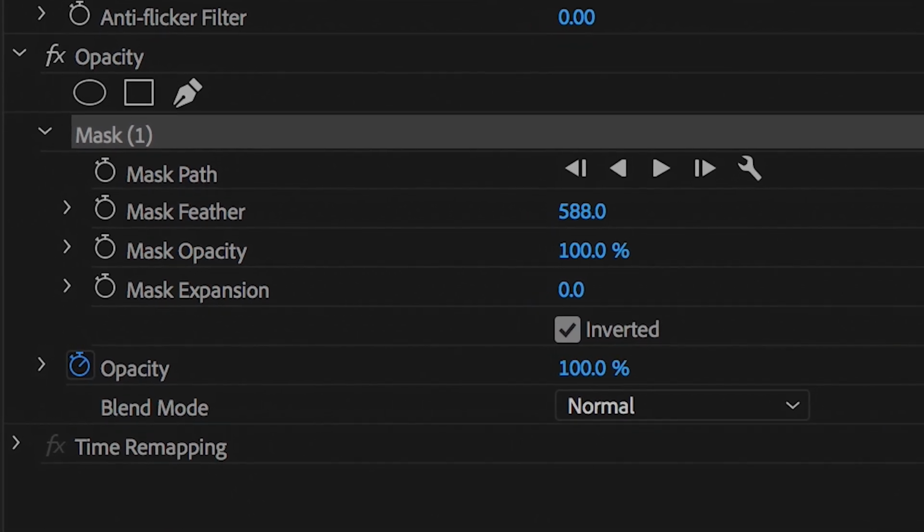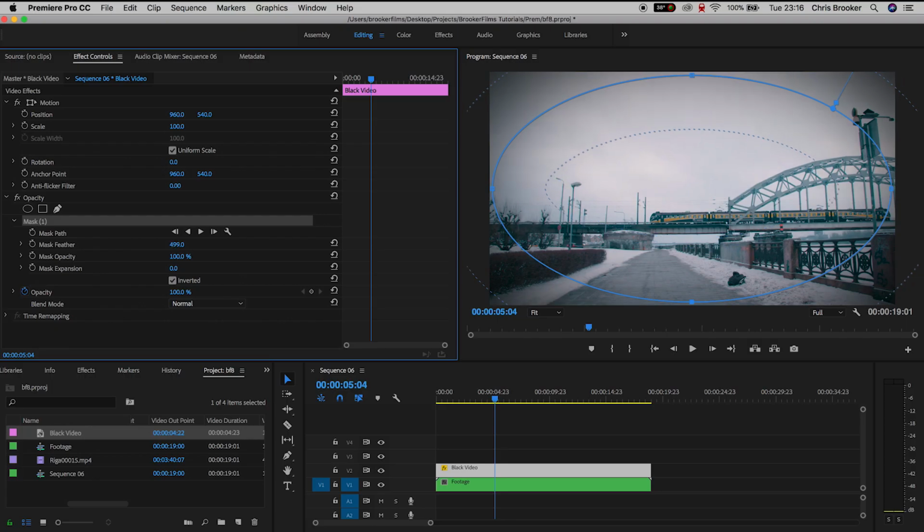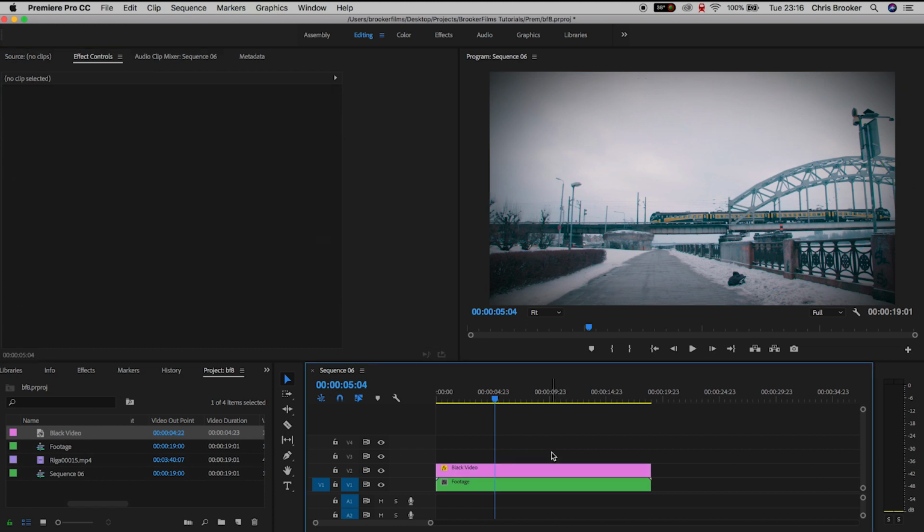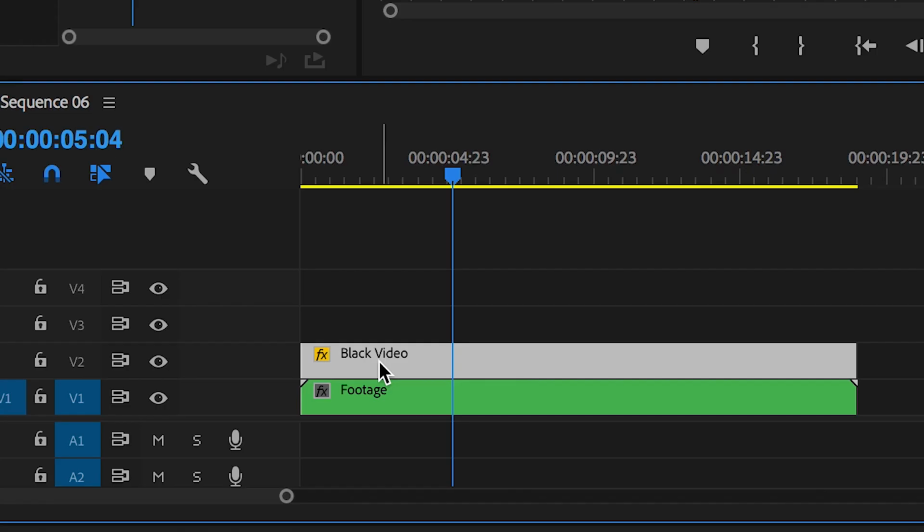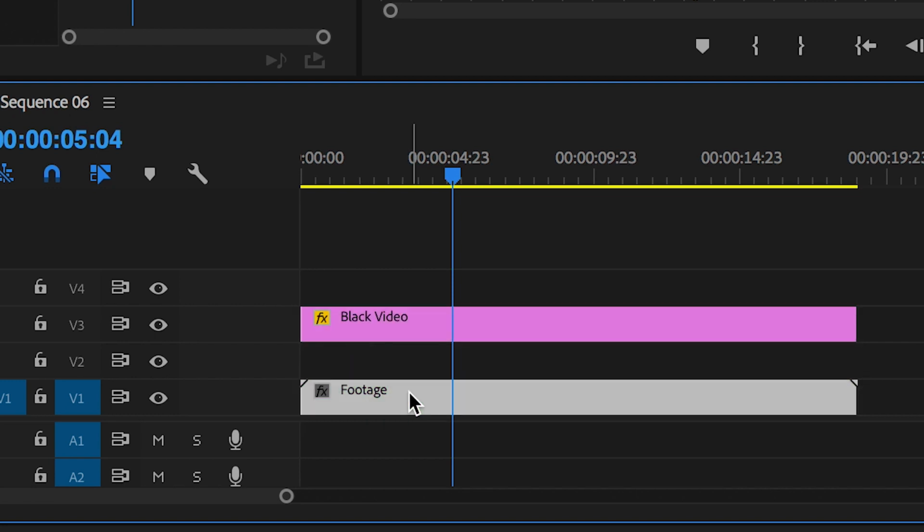Now from here, we'll just pull the feathering all the way up to 500%. We don't want to see any black edges. We just want to add this very soft and very subtle vignette to our footage. Perfect. Now we'll drag the black video up onto Video Layer 3,